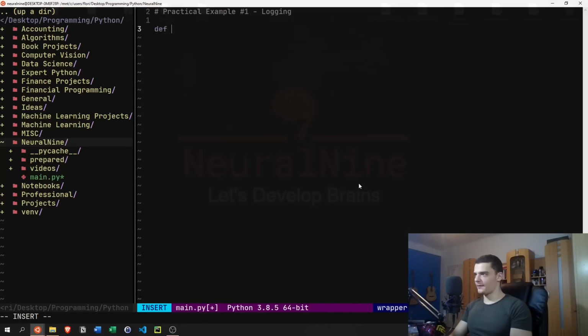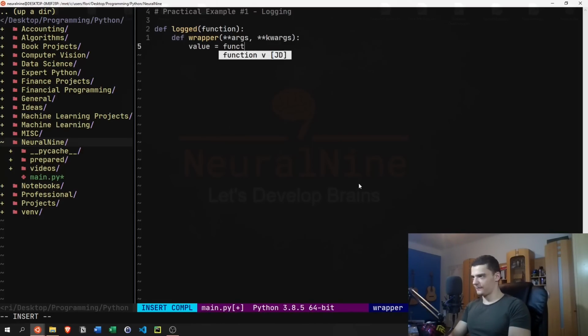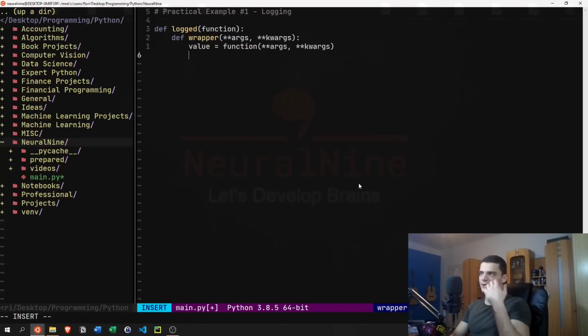So let's say we have this function or decorator logged. We're just going to call it logged. We add a function or pass a function to it. And what we do then is we have the wrapper function, def wrapper, and we pass args and keyword arguments so that it's definitely working. And then what we're going to do is we're going to say value or return value, whatever, is just the function called on the arguments, on the keyword arguments, so that it's compatible with all different types of functions. And now we can decorate actually. So now we can go ahead and